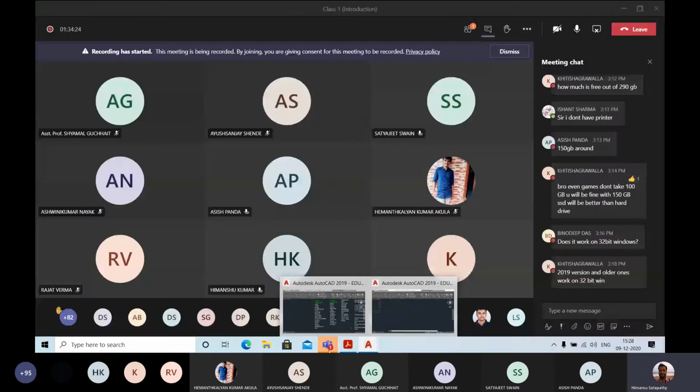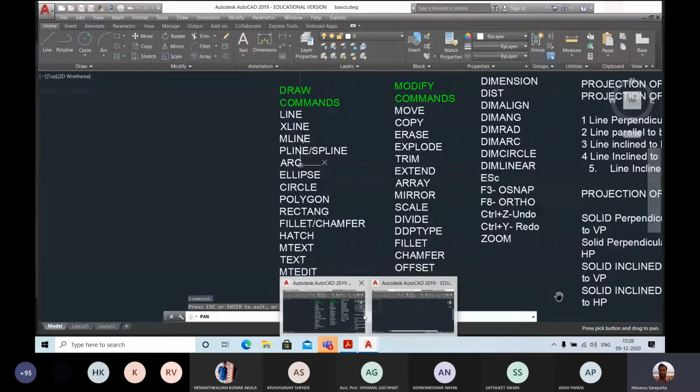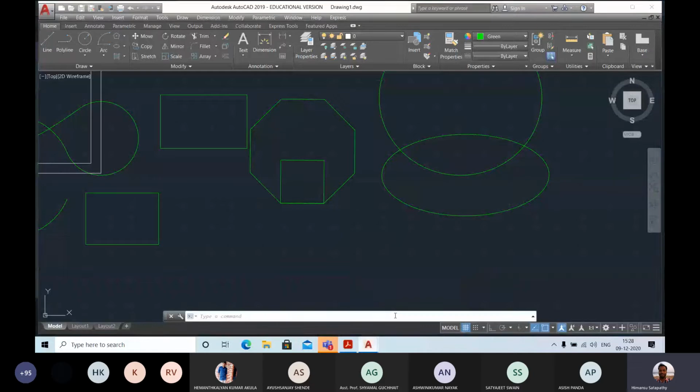Those who are not interested, they can leave the class. There is no issue at all. If you are not interested, whoever is doing this, this is very wrong. You have stopped the recording process and you are muting Himanshu sir and me. But if we find any one of you, then his marks in this class will be 0, or he will be dropped from this class. No, sir. If they are not interested, then they can leave the class. There is no issue at all. We are ready to give them attendance. There is no issue. Don't disturb others. Satyajit, the person is trying to grab the class.